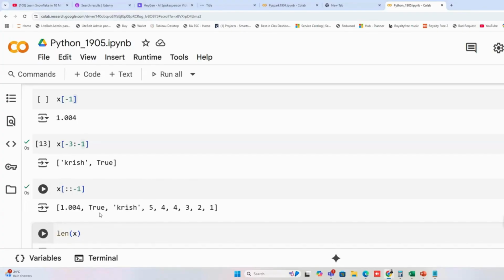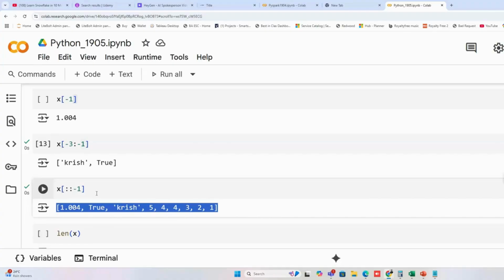It's not palindrome. I'll teach you palindrome. Don't worry. This is a simple reversing of a list, but they will not allow you to use indexing. So if they give you a list and ask, can you reverse it? Okay, like this. But you cannot use this. Although this will reverse the list, they will not allow you to use this. They will say, do not use indexing